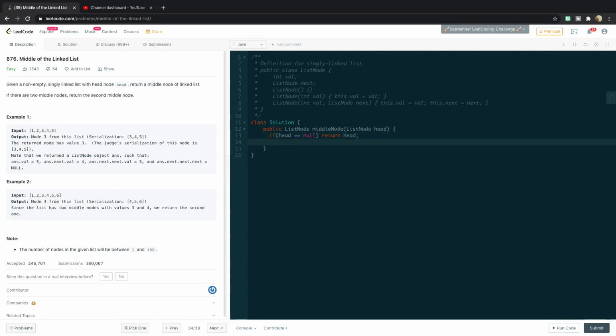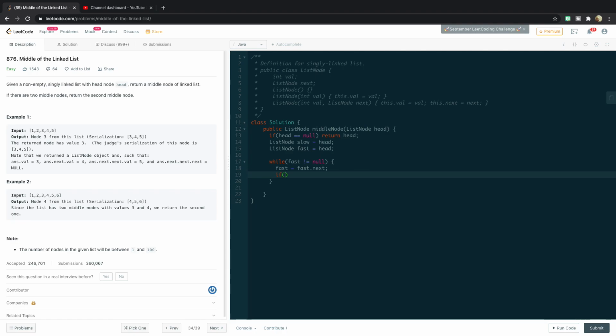And then we say ListNode slow is equal to head, and ListNode fast is equal to head. And then basically you have a while loop. So you say, I think, while fast is not equal to null, fast is equal to fast.next, and then